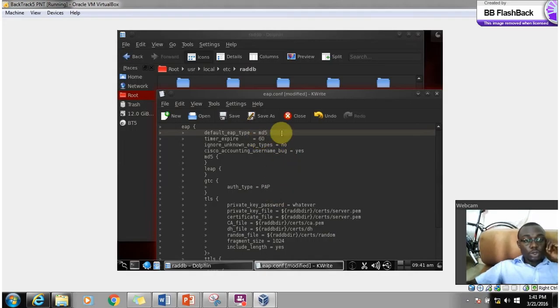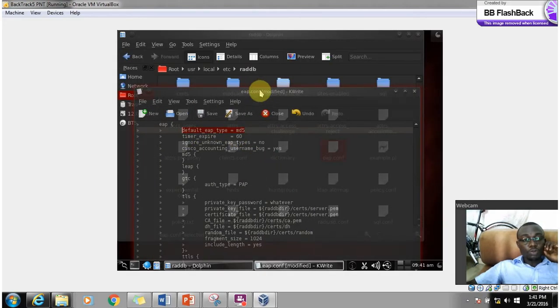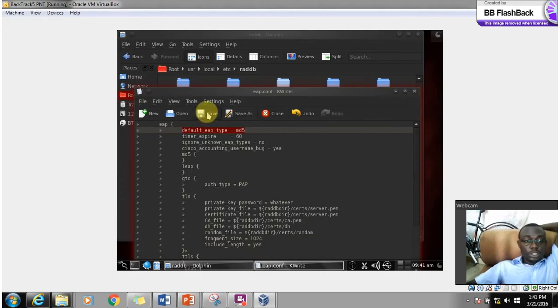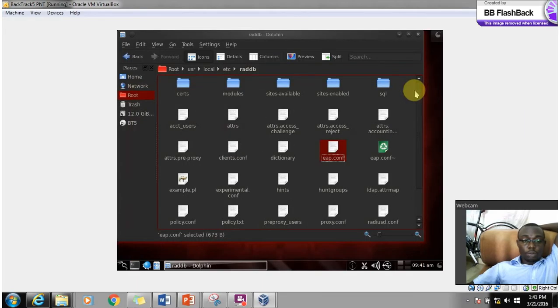So basically this is all you have to do within this file. Once you've done that, remember to save. Just choose save, and then the file is saved for you. Alright, so you can close that. Next, we now have to configure